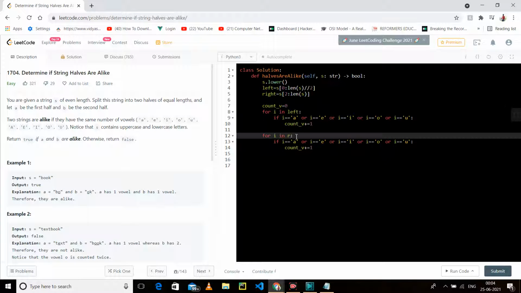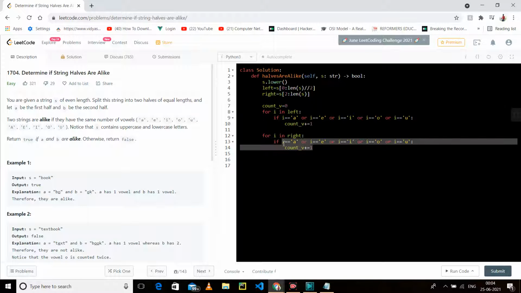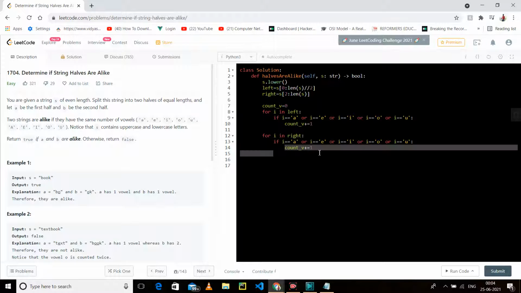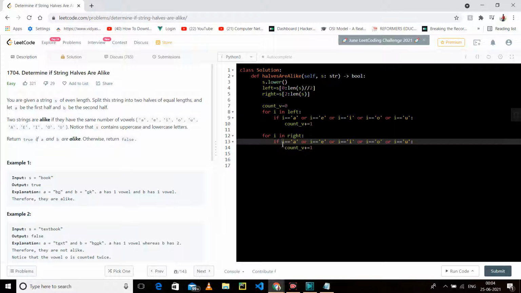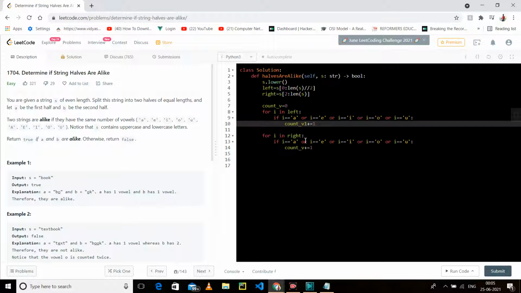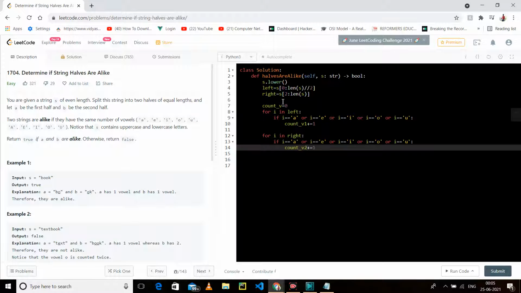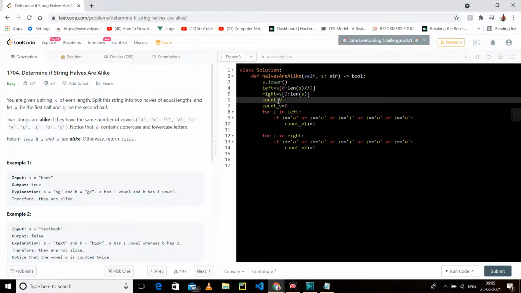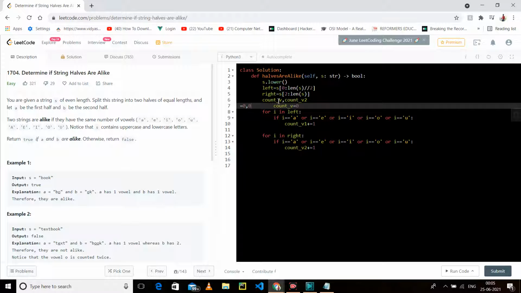For the current character I am traversing in the right, if it is a vowel, increase the count of vowel. So count of vowel 1 and count of vowel 2 are initialized to 0, 0.